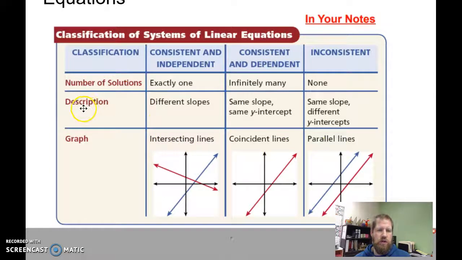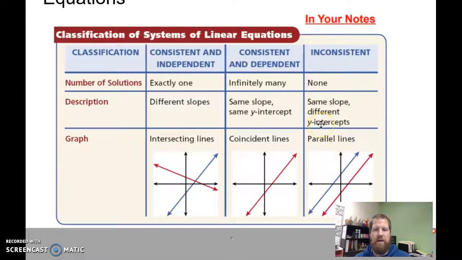has the description, which I think is really helpful because it lets us know that if they're intersecting lines, if there's just one number of solution, they're going to have different slopes. If they have an infinite number of solutions, if they're the same line or coincident lines, they're going to have the same slope and the same y-intercept. If there's no solutions, it's an inconsistent system and there's parallel lines, they're going to have the same slope and